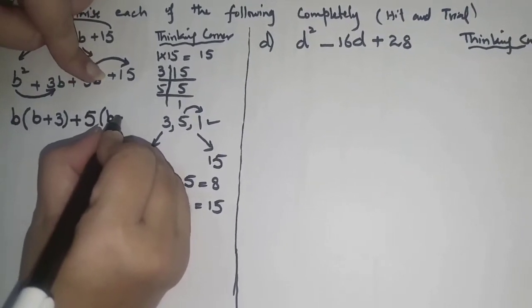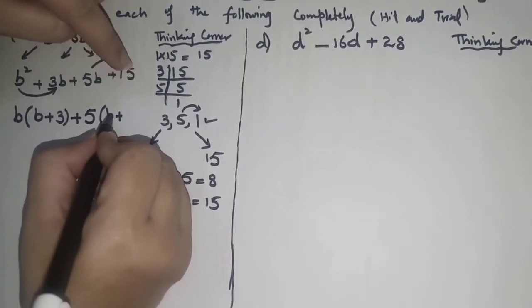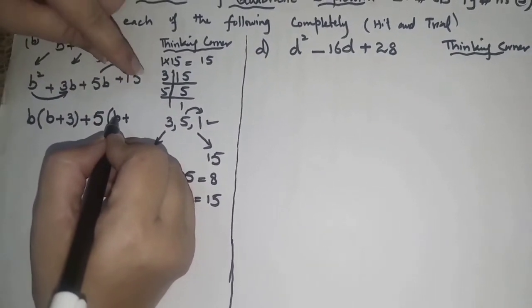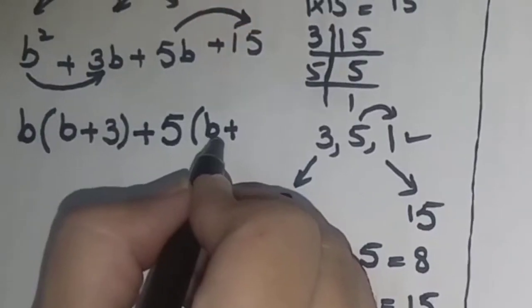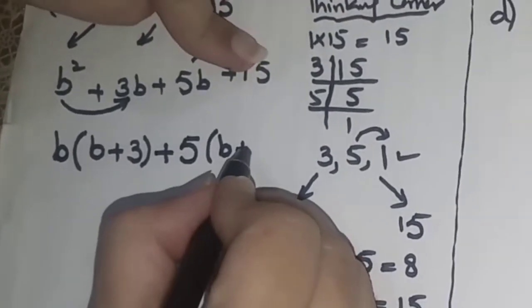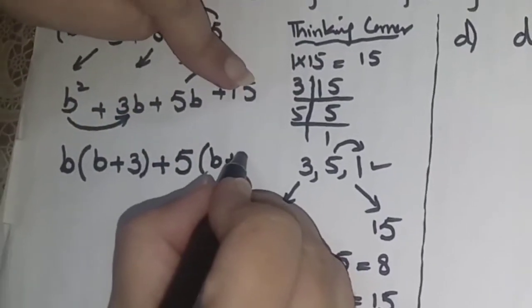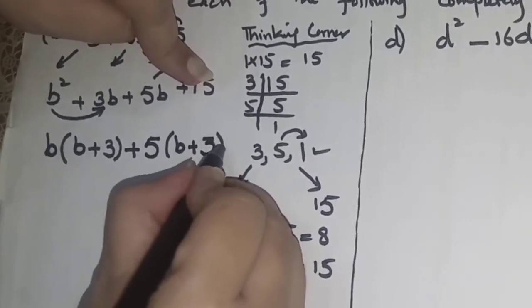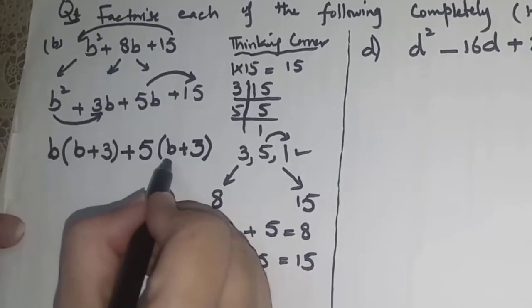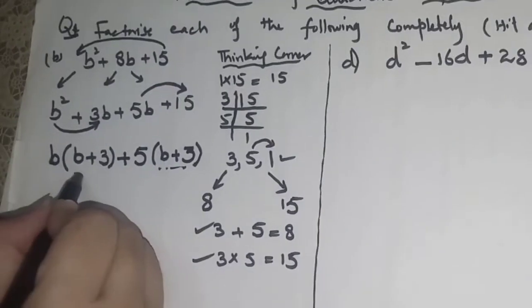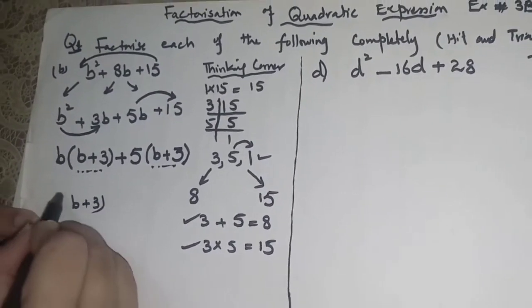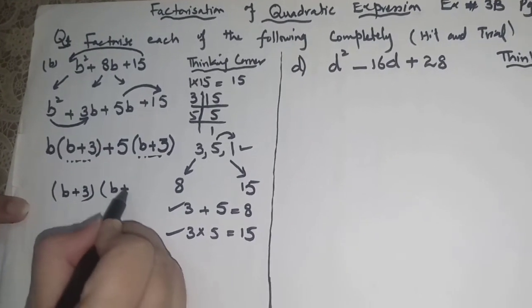Then I have to copy the sign as it is, and then I have to see that table of 5 can give me 15 how many times. Here actually we are doing the multiplication or division. 5 will give me 3 times 15. So instead of 15, inside the bracket I'll write 3. Then I can see that this group is again common. I'll extract the common group out, b plus 3 and b plus 5.